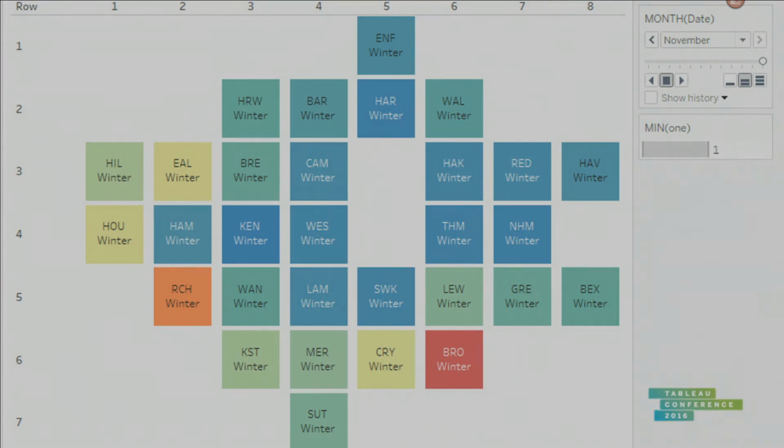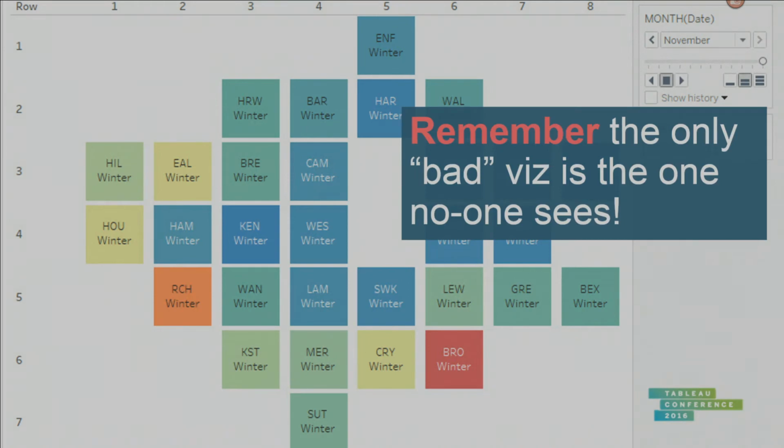And because I never published it, I never got any feedback on it. And I showed it to Chris Love just before conference when he came into the office, because I wanted to show off this cool thing I'd found. And he said, why haven't you published it to Tableau Public? It looks great. The only thing I would change is, instead of doing these blocks that play, maybe you could just do a line chart for the year and you could see where they shift and move. It's like, genius, that would have been so much easier than my insane idea of this slideshow, which is still, don't get me wrong, I may do one day.